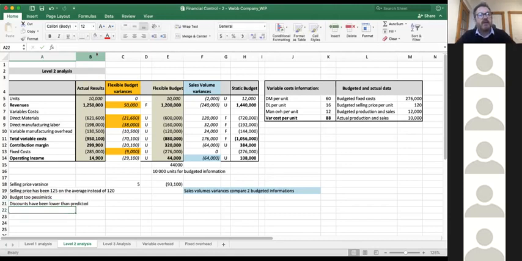So maybe when you say 120, you take into account the fact that the salesmen on the field, on average, negotiate and give a discount of 10% or something like this, or 5%. And this time they have been better than what is expected, so that's good. We had, for example, this problem in